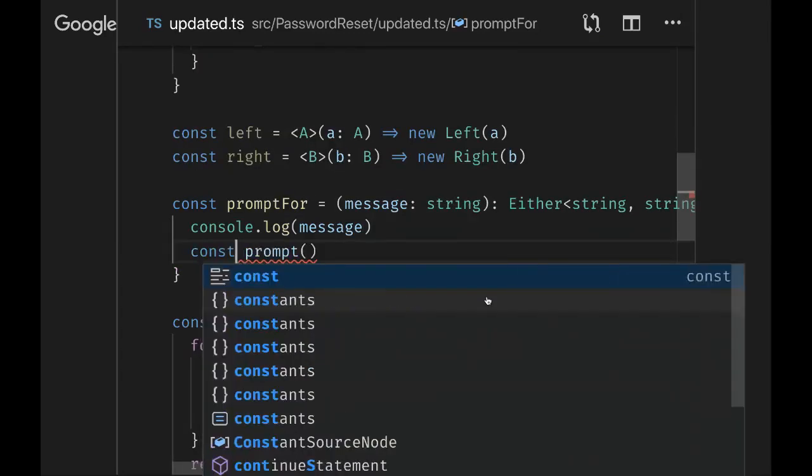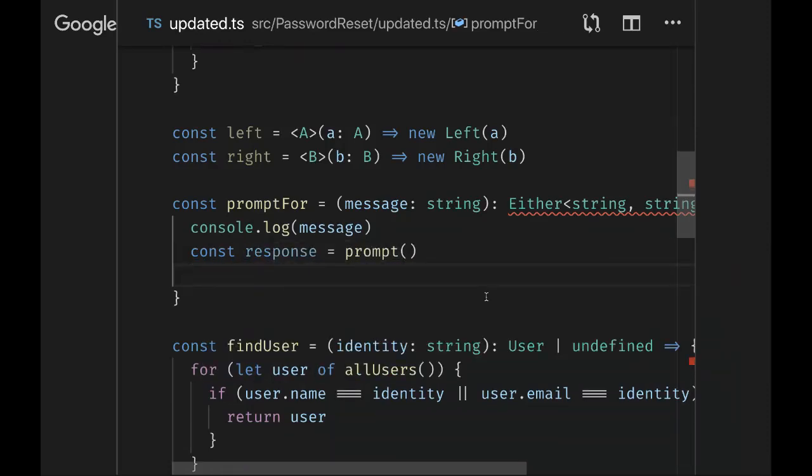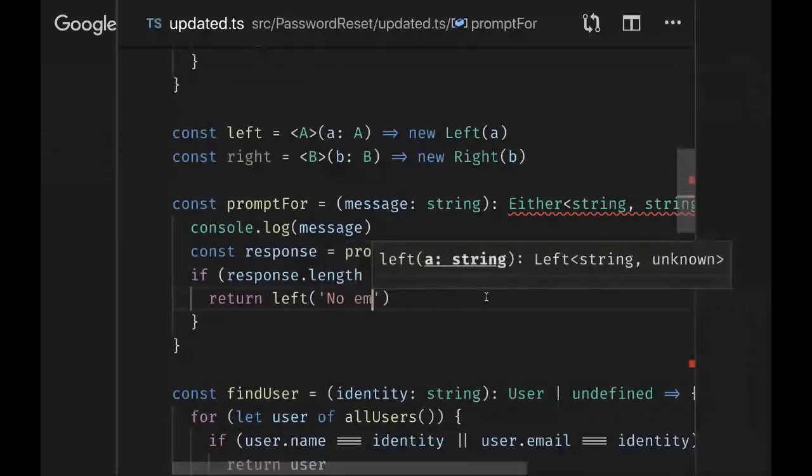The idea here was that I'll get a response back from the prompt, but that response might be empty. And if it's empty, I want to error, right? So if response length is 0, then I want an error. But I'm trying not to throw in types. I'm trying to be specific about my return types and not have things that aren't expressed in my types. What I want to do here is return a left that says no.